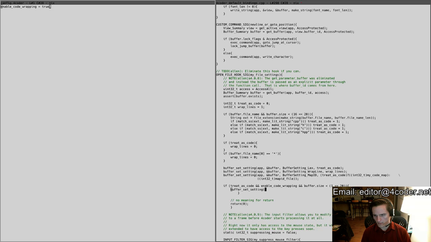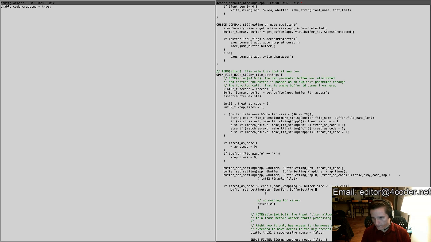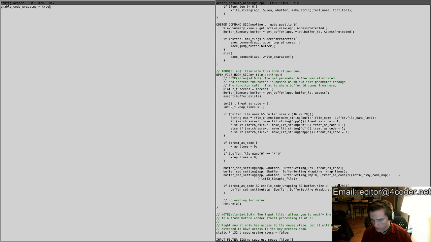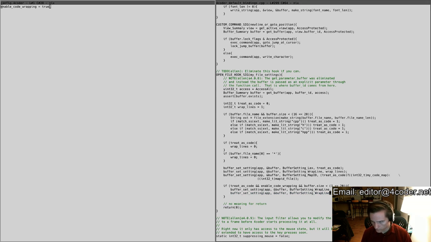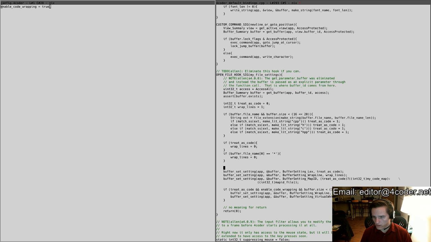Buffer set setting app buffer setting wrap line 1, buffer setting virtual whitespace 1, and then the other thing I want to do is just always say buffer set setting app buffer buffer setting wrap position to be, and then we're going to have over here